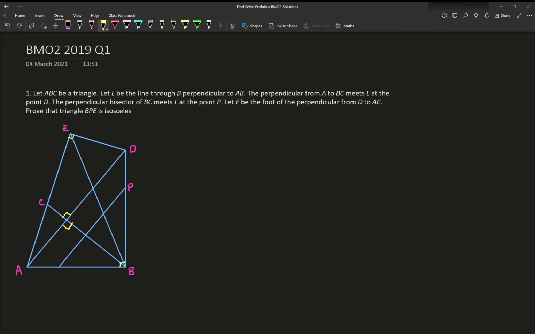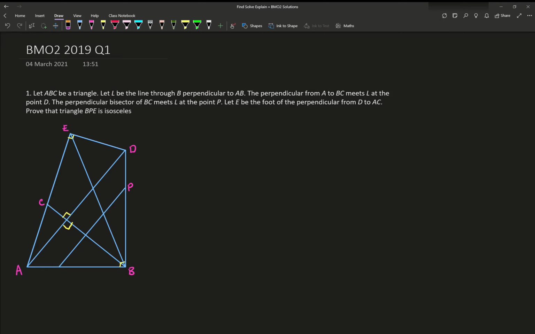We know this because angle AED plus angle ABD equals 90 plus 90 equals 180 degrees. And we know that quadrilaterals are cyclic when their opposite angles sum to 180. So